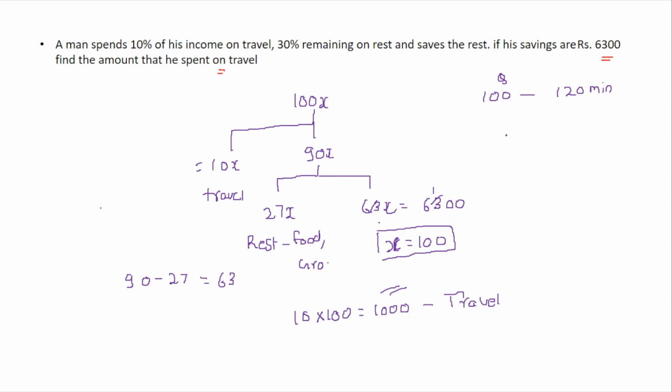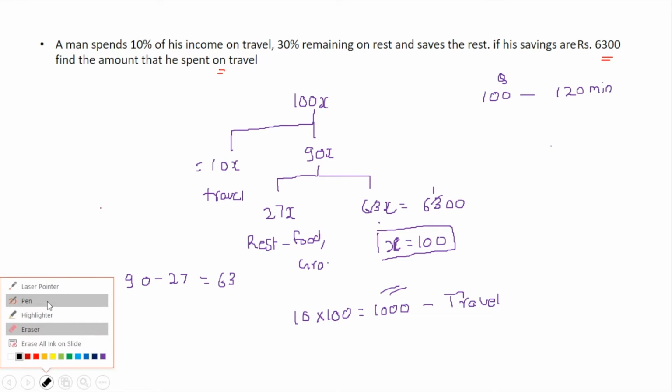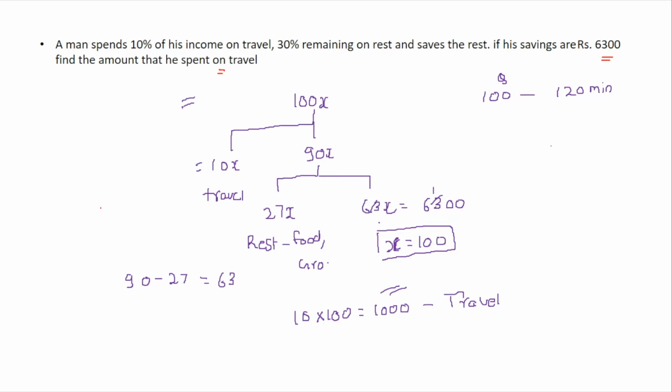So if you go with the traditional method, if you keep applying formulas, like in this case, if you go by books, then 100 into 90 remaining, one upon remaining one. If you apply like that, and more than 40 formulas are there, if you keep applying those things, you won't be able to solve more than 30 or 40 questions in your examination, and you won't be able to clear it. So the concept is important. You have to make a tree diagram and solve it in a fast manner, rather than applying formulas or writing each and every step.